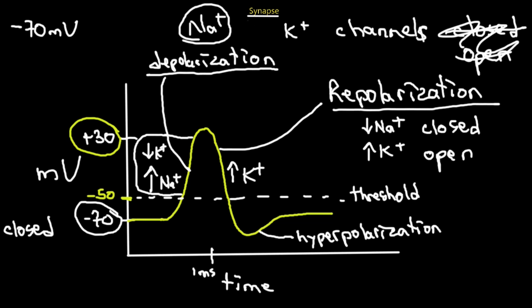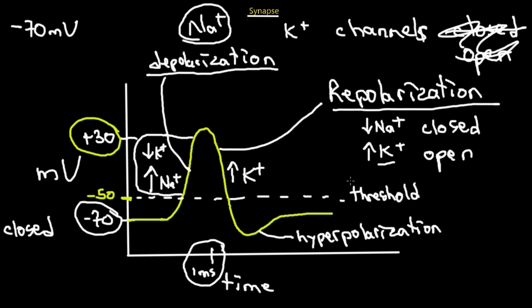Because the voltage-gated sodium channels are open while the voltage-gated potassium channels are closed. However, once it reaches this 1 millisecond time and it has caused this action potential, the sodium channels are going to close and potassium channels are now going to open,